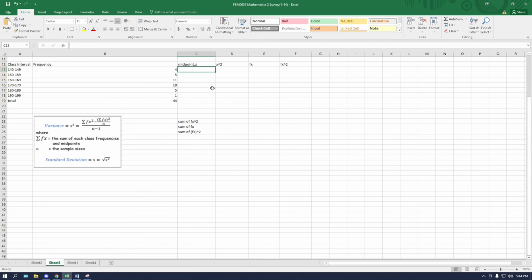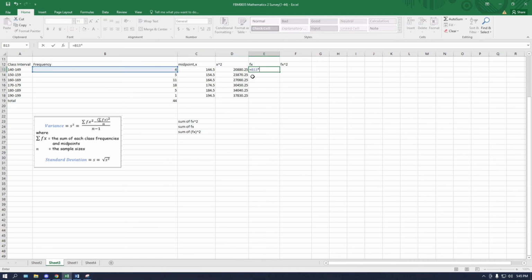So for our midpoint, the first midpoint is going to be 144.5. Next one is 154.5, and we can just drag down to fill all the other classes. As for x square, we're just going to take x to the power of 2 and drag down for all the other data. For fx, it is going to be frequency, which is f times x midpoint. So you're going to take 4 times 144.5, and as usual, just drag it down to fill all the other